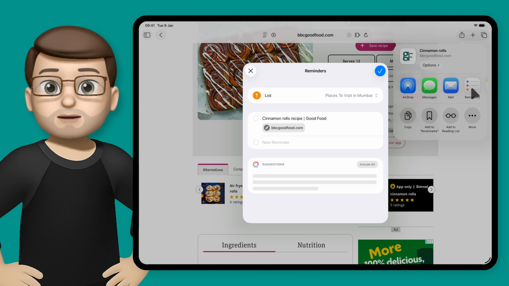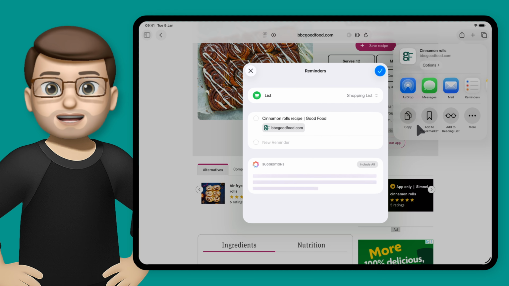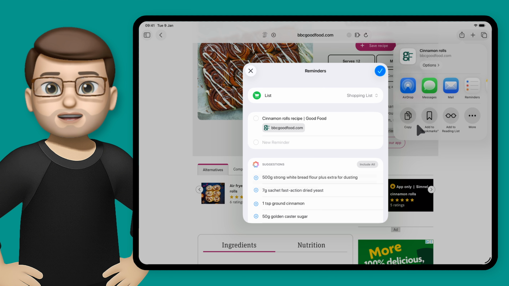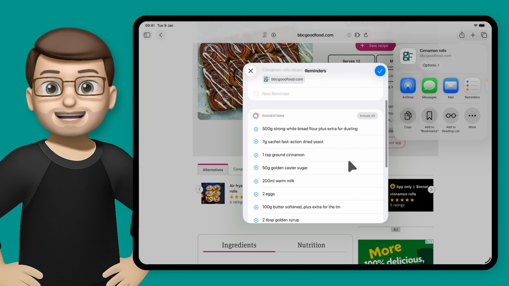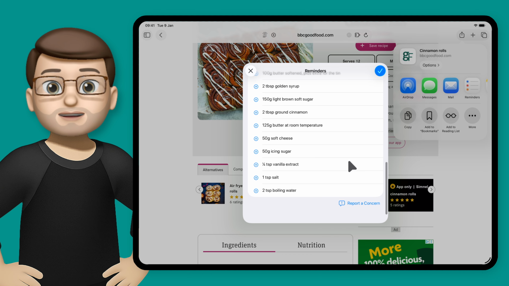I'm going to get this little screen that comes up, and from here the first thing to do is to make sure I'm adding it to my shopping list. Right now it's on a different list entirely. And while I've been doing that, you may have noticed at the bottom a section for suggested reminders. And would you look at that? It's analysed the whole recipe, it's found the ingredients, and it's created a new reminder for each ingredient to add